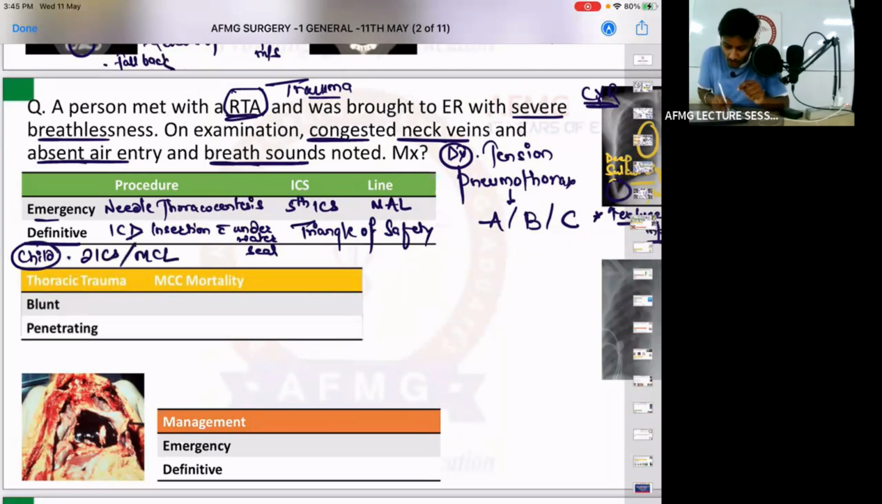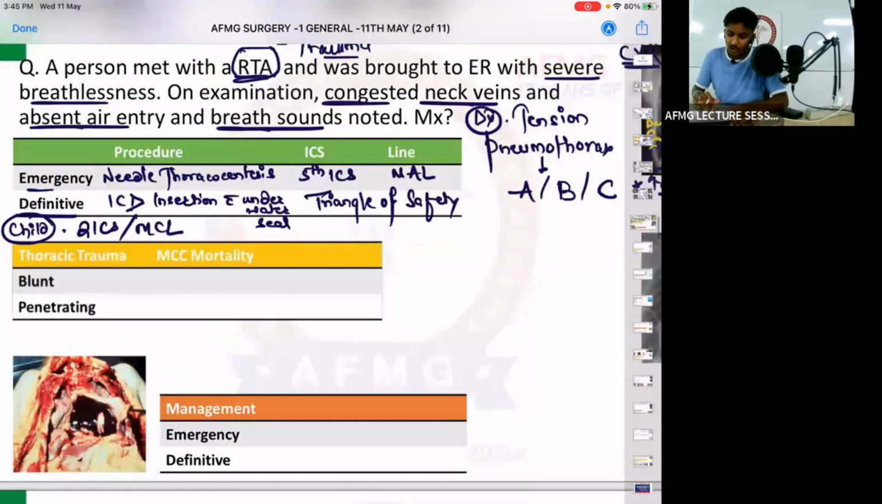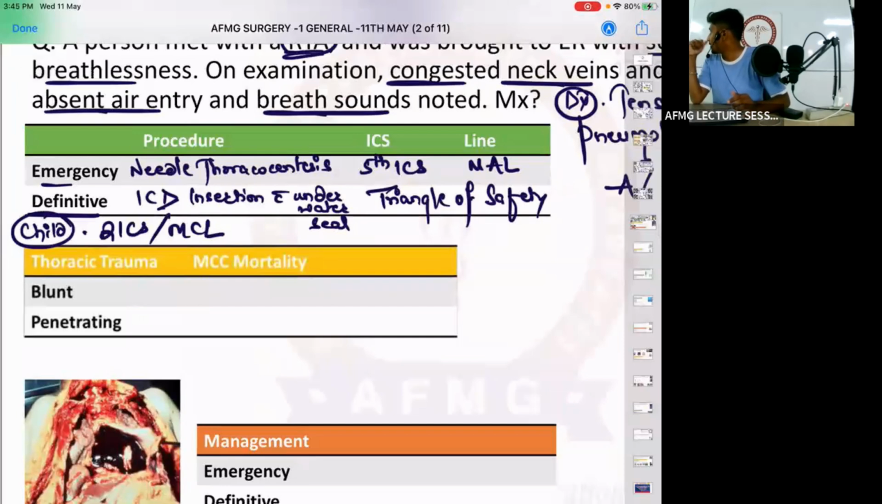In child it is which space? Which line? Then if I talk about thoracic trauma, the most common cause of mortality in thoracic trauma,